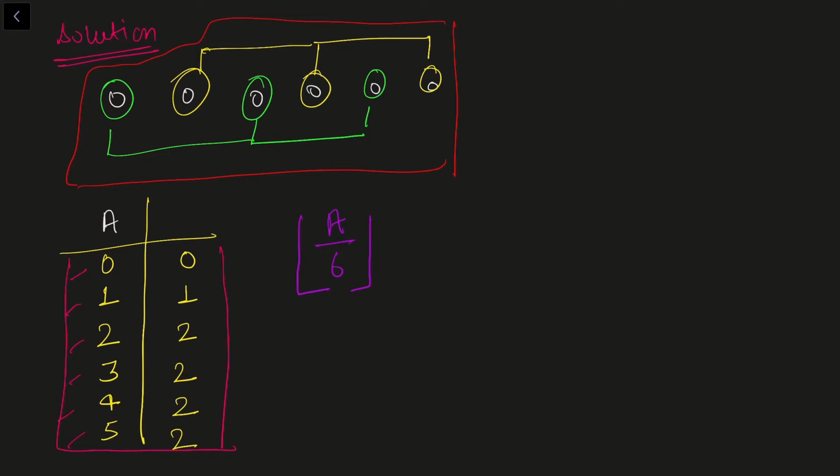For all these batches of 6, I can make 2 operations per batch. So I can multiply this with 2. After that, I'll have some elements left. So in order to know the rest of the elements, I can just do a modulo 6. And the value of A modulo 6 can vary from 0 to 5, and we can take those values from this table. Either we can store all these values in an array, or we can make one observation.